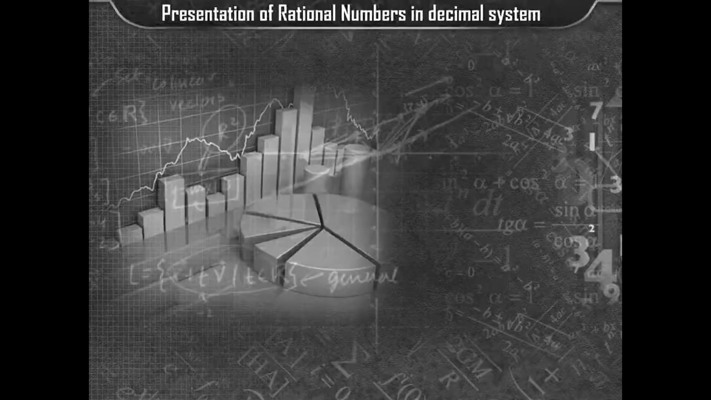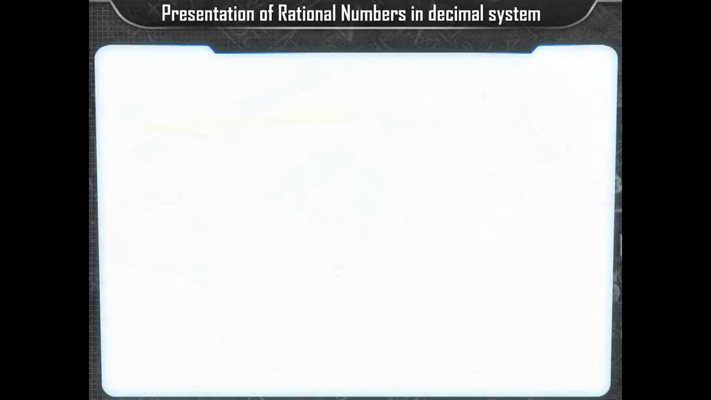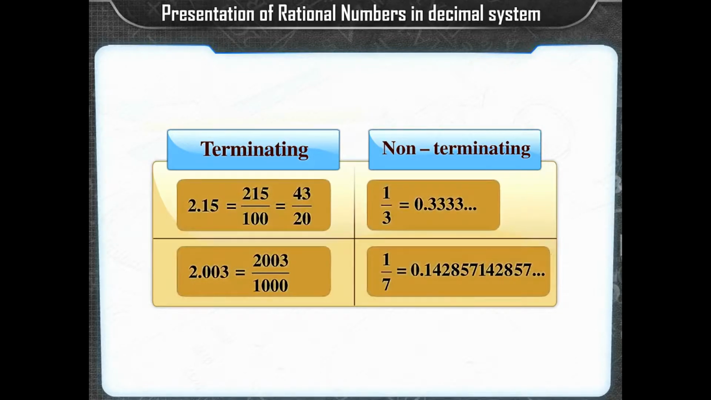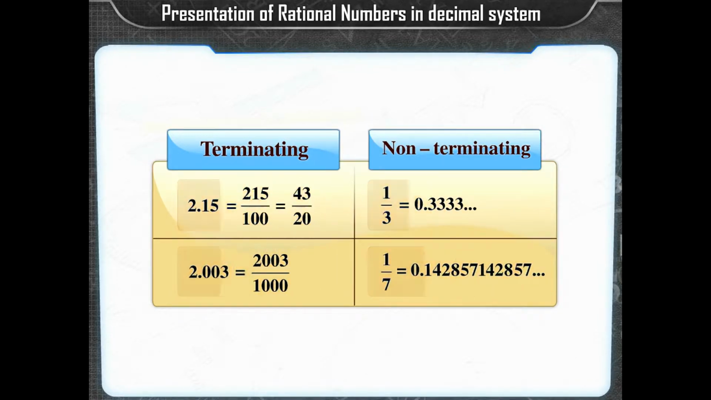Representation of rational numbers in decimal system. We already learnt about representation of rational numbers in the decimal system. We know that the decimal representation of rational numbers is terminating or non-terminating recurring. Example: